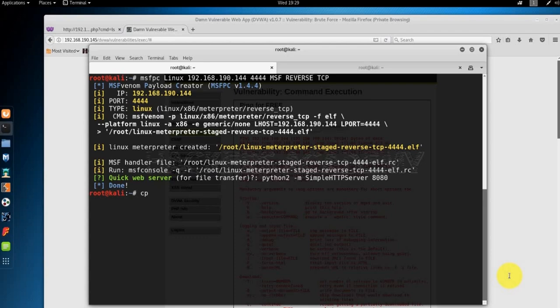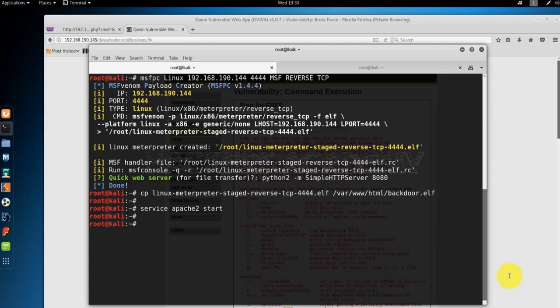So I'm going to copy the ELF file and put it under the /var/www/html, and I'm going to change the name to make it easier for me to copy later on to backdoor.elf. And I'm going then to start the Apache server, which has just converted my Kali machine into a web server. So now my Kali has a web server running on it, and on this web server, I have the backdoor.elf